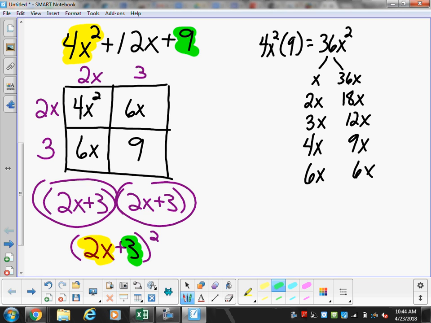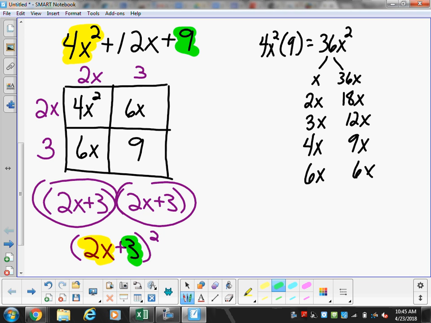So if you recognize perfect squares, what are perfect squares? Number 1, because 1 times 1 is 1. Number 4, because 2 times 2 is 4. Number 9, because 3 times 3 is 9. So what'll be the next one? Well, what's 4 times 4? 16. What's 5 times 5? 25. So those numbers, 1, 4, 9, 16, 25, 36, 49,